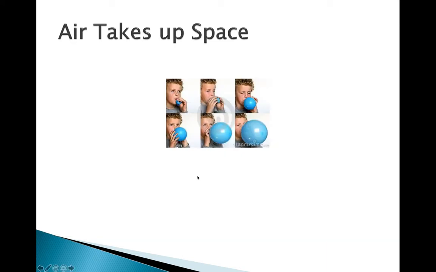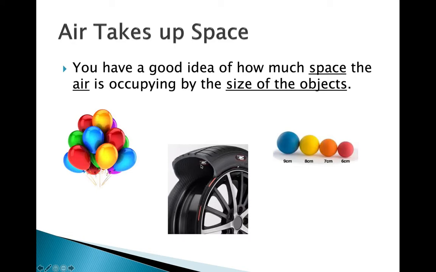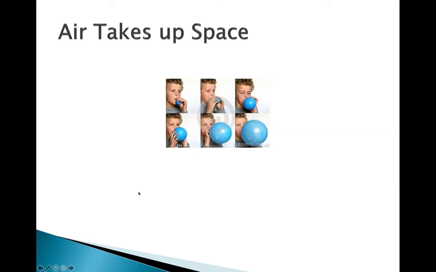An example would be tires. If you have some air in it, it might have the same shape, but how much air is actually in it? There's this thing called PSI, which is the pressure. We're going to talk about air pressure a little bit later on Thursday. Basically, the shape of a tire could be the same with a little bit of air in it, but there's also a way to press more molecules into a space, which would give the same size but change the way the molecules look inside. So anyway, the volume or size of an object gives us an idea of how much air is actually in there.